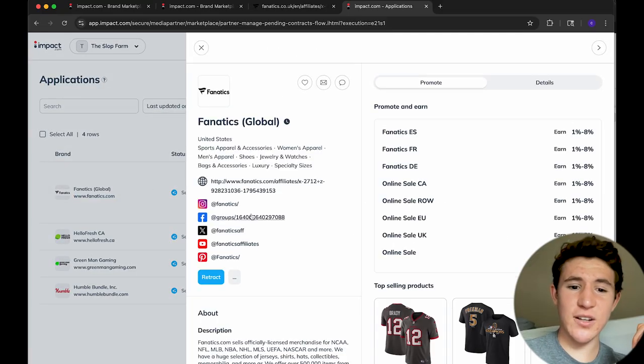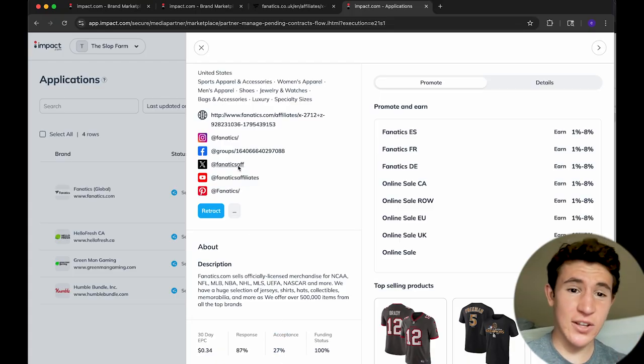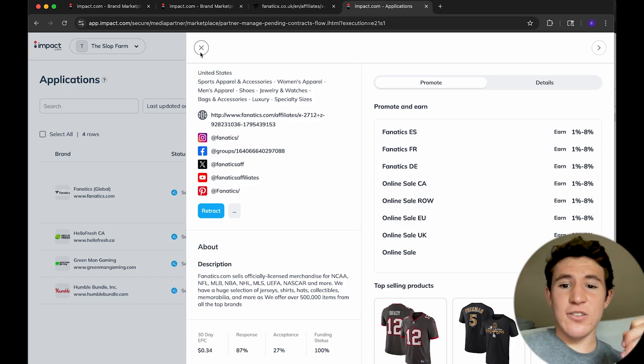You can see if we click on it, you can scroll down and click on the acceptance rate if you want to see how many people actually get accepted. It's about 1 in 4, 27%. So if you want to increase your odds, I recommend linking your socials to impact.com, which you can do